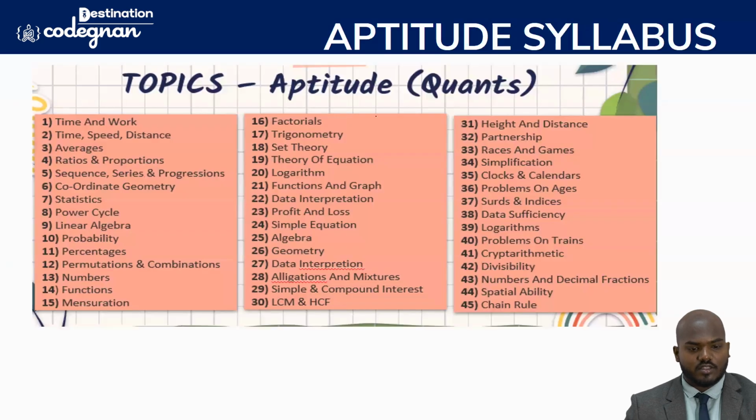You see this one? These are the topics we have here inside the quants. Probably something like time and work, I'm just taking this section topic here. We have 45 topics, guys. It is not mandatory that you solve all 45 topics. If you focus on particular topics that will come universally in all the exams, not only the competitive exam you're facing, not only that particular company, but all companies, you can work on them specifically.